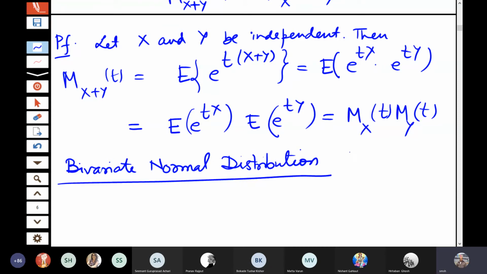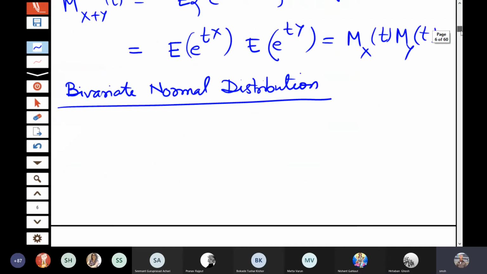So you may say that what is so special if I write two normal distributions and I multiply them, it gives the joint normal distribution. But I have now already discussed the concept of coefficient of correlation. So it need not be only independent, but it can have certain correlation also. So that is the concept of jointly distributed normal distribution. So let us give the form of the distribution here.